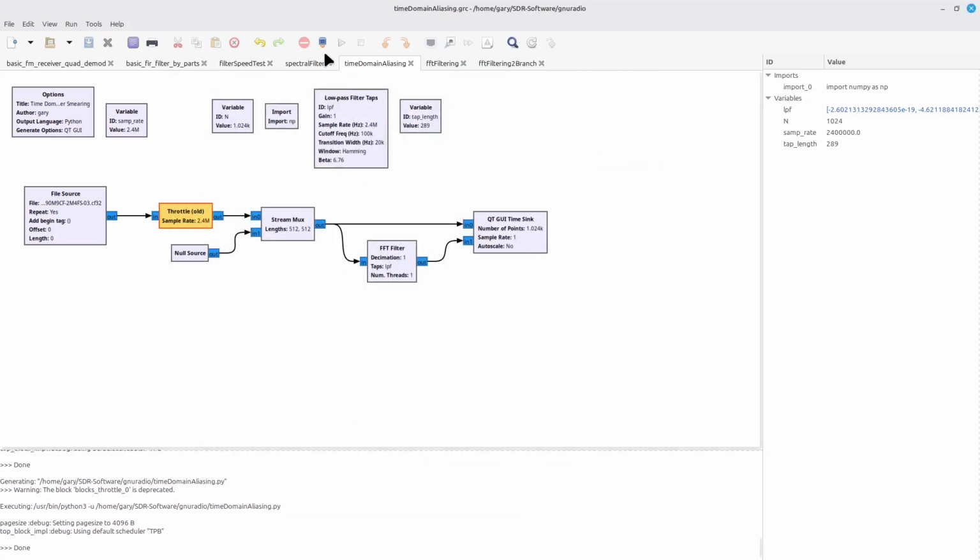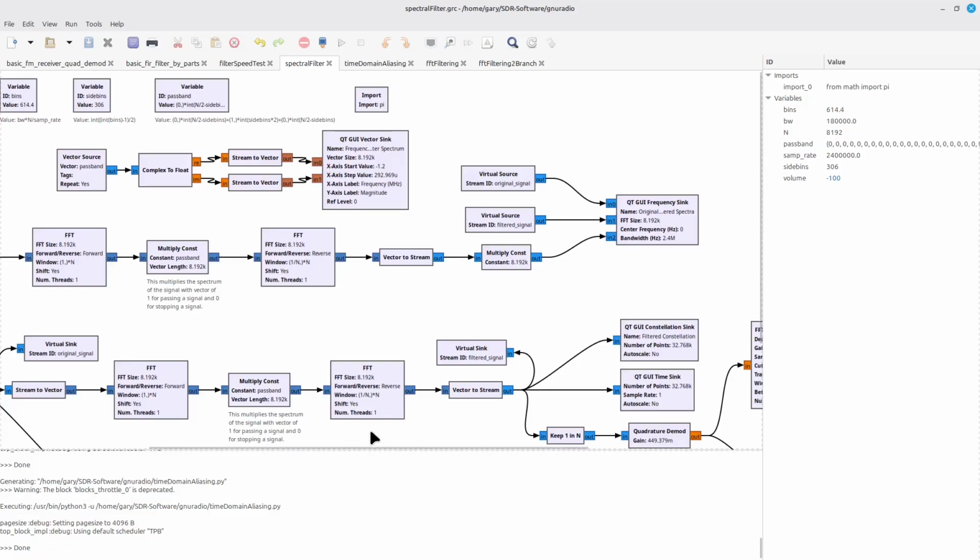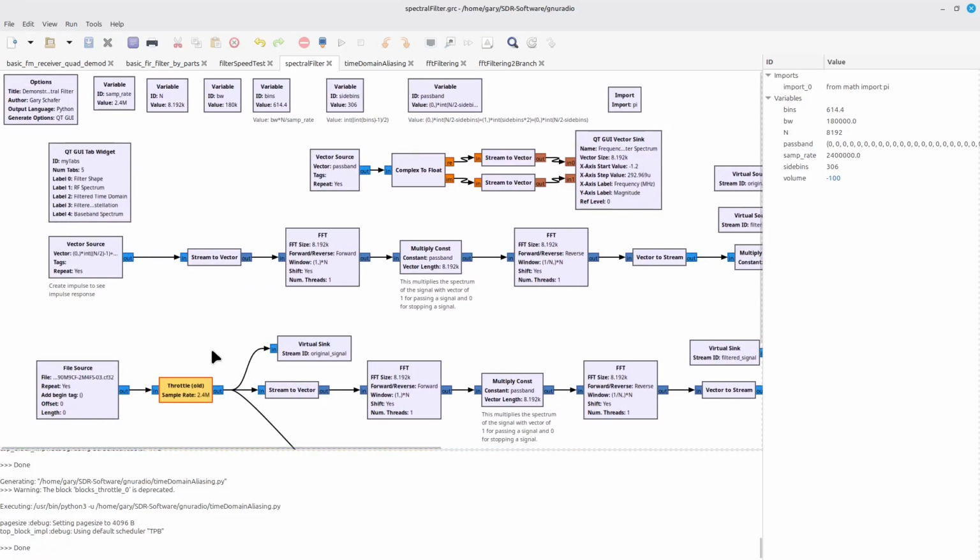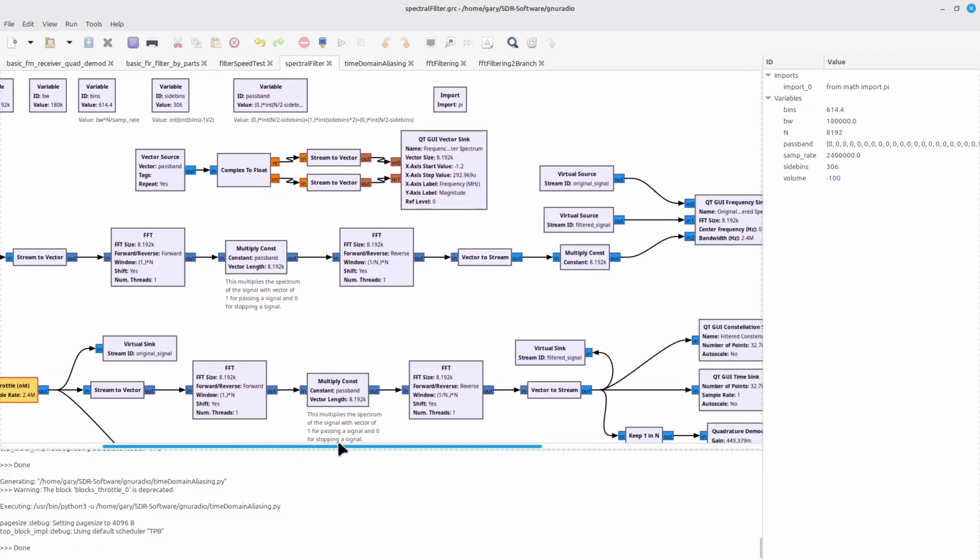And when I come back to here, what's happening is that I'm not allowing for that smearing in time, that time domain aliasing. And therefore, I'm getting all kinds of glitches and other things that are going wrong with my signal, and it's not the right way to do it.